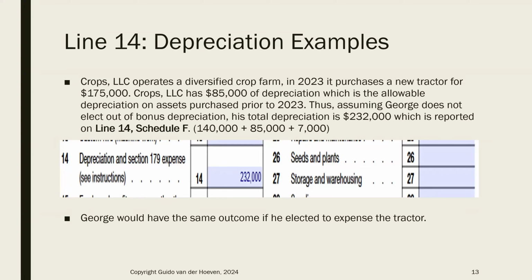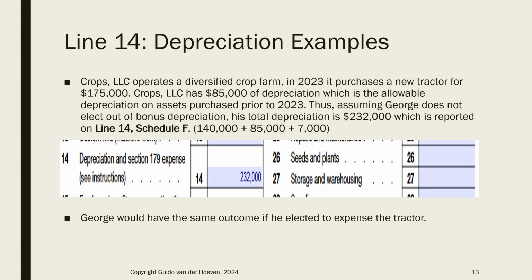And then he's got $35,000 of remaining basis on that new tractor. And he's going to take MACRS depreciation. It's going to be a 5-year asset. And he's going to recover that $7,000 in the current year. So when we add those three values together, again, if I've done my math correctly, we have